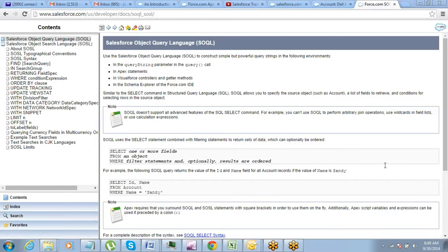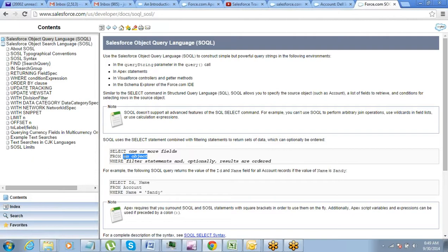So basics, I will just explain you what is the difference. So SOQL uses a select statement, and in that select statement you always have to define this from an object. So SOQL basically queries the data from an object. So far whatever SOQL queries we have written, we have been writing select name type this and that from account, select this from this object.